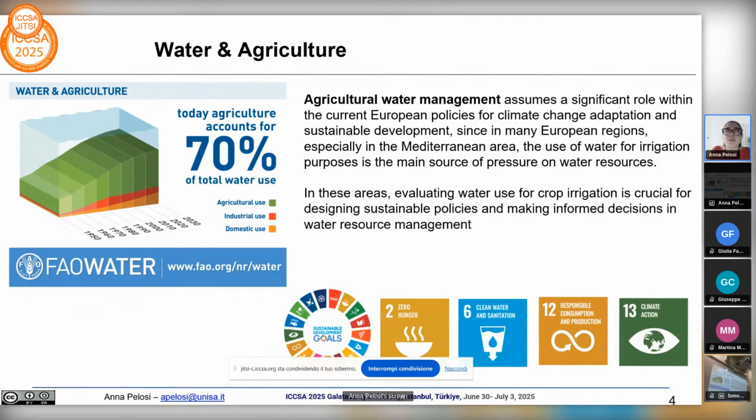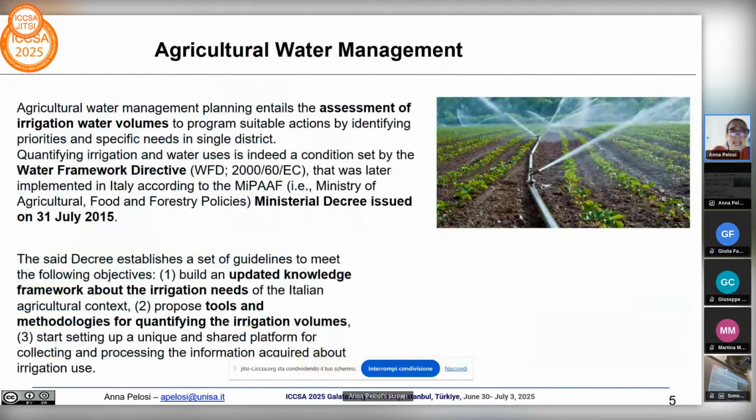But to meet efficient agricultural water management activity, it is necessary to assess the actual irrigation water needs and water volumes across the country, in order to identify specific actions in specific areas, in single districts. Moreover, this necessity to quantify the irrigation volumes, the irrigation water uses, is also a condition set